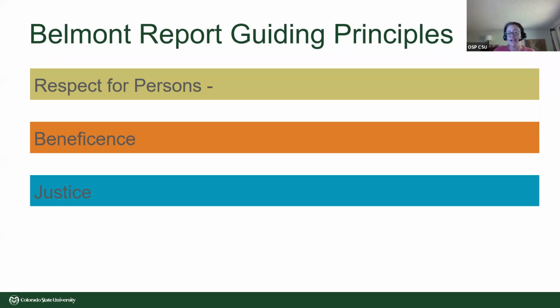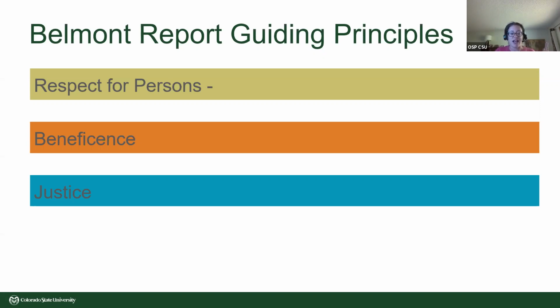Okay. And then finally, justice. Justice is, we're talking about equality, or more like equitability, on who's receiving the benefits, how we can ensure benefit and risk is evenly distributed in the population. So, for example, we shouldn't experiment on a prison population and then not offer any benefits to that prison population. The Tuskegee syphilis study was another example. These African-American males were being researched for years and years and years, and even when a cure was found, they were not offered the cure. Okay, that is not just.